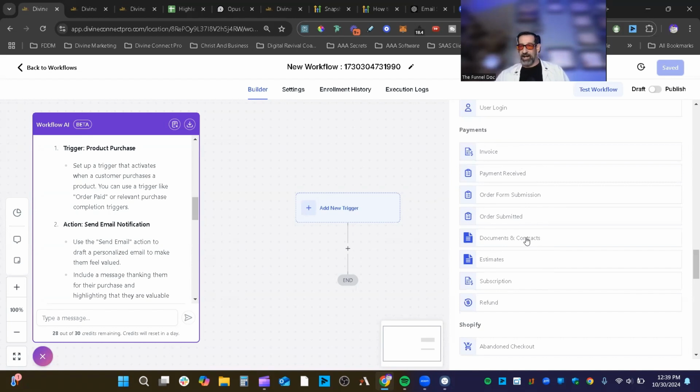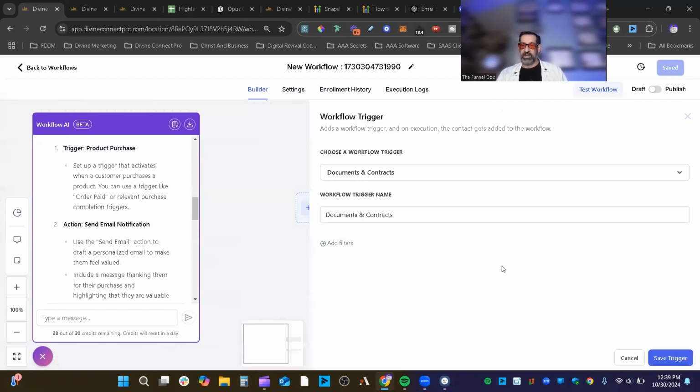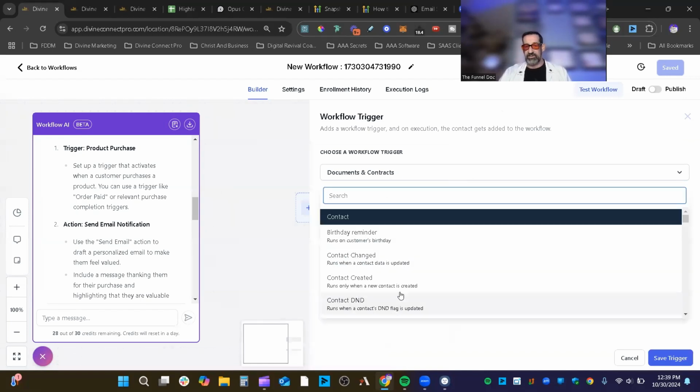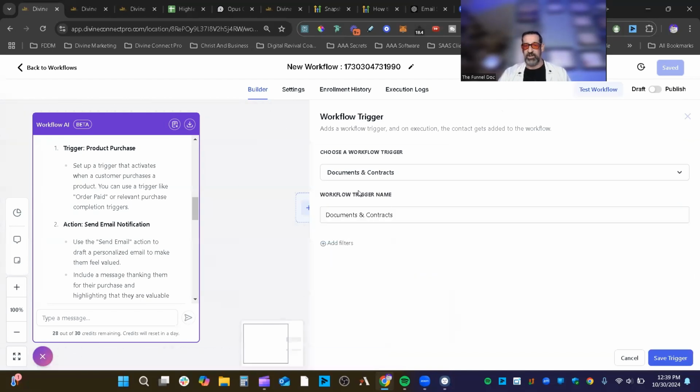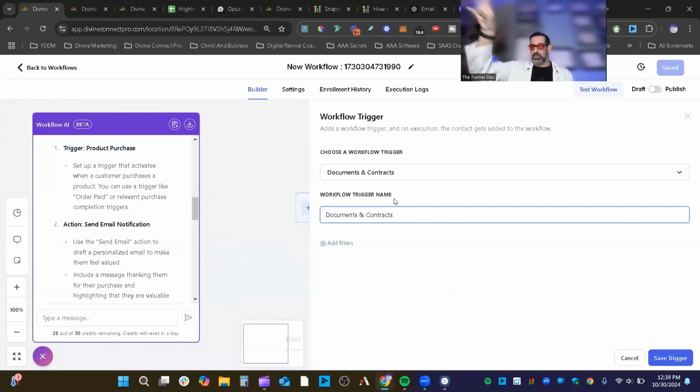It says contracts and documents, but knowing how to use the filters, let's go ahead and jump into that. We'll click on this. Now it just says contract and documents. You can see at the top here, I can still change it. Here's all the different triggers. If I wanted to change it up, I could. And then here is the name of the workflow. Highly recommend that you change the name of the workflow to match whatever you're doing, or the trigger, so that you're able to visualize it when you look at it. A lot of people just leave it with a name that just says document and contracts, but